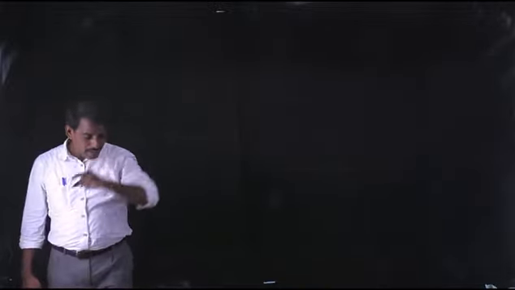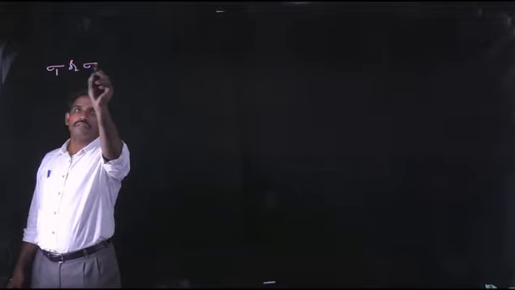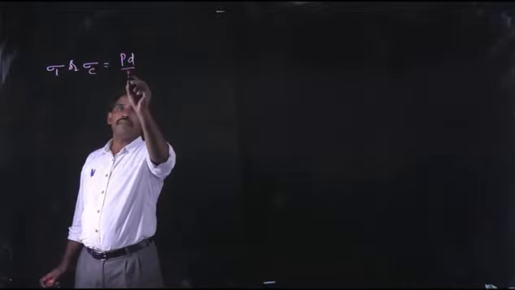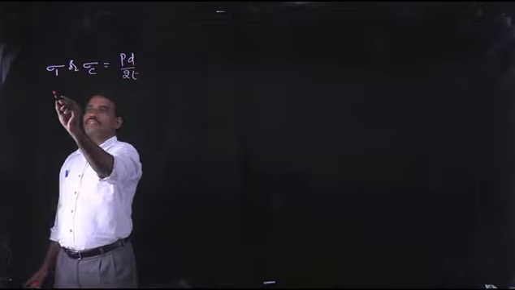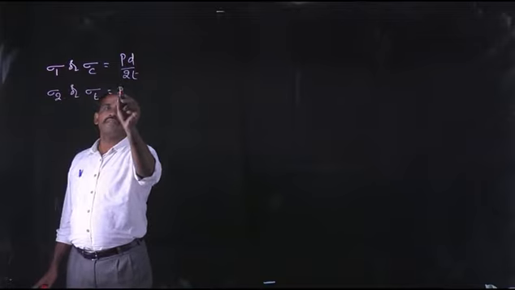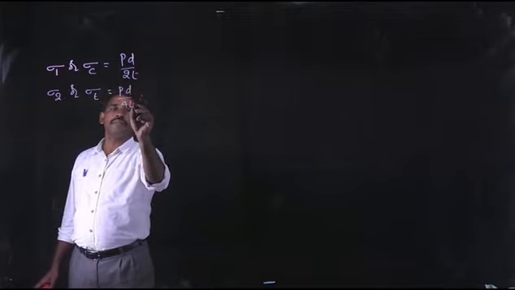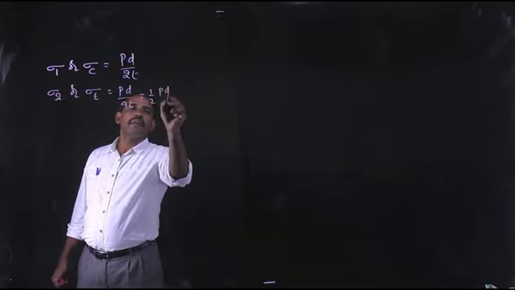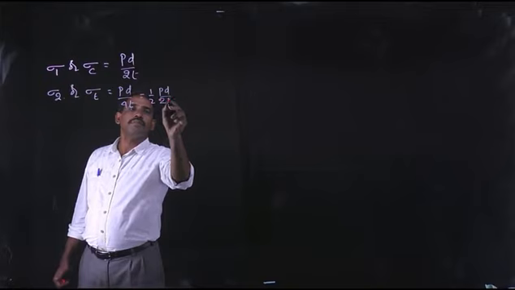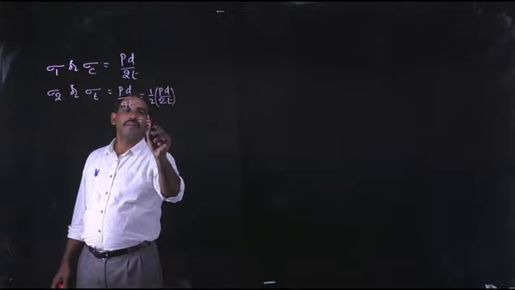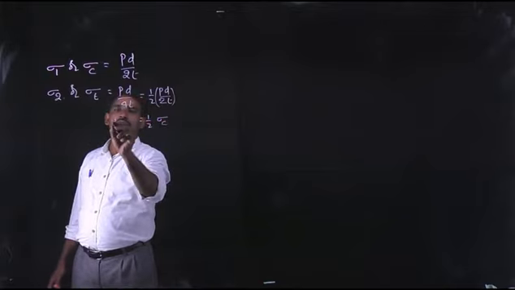So simply, the circumferential stress is represented as sigma 1 or sigma c, which is equal to PD by 2T. Then the longitudinal stress may be represented as sigma 2 or sigma T, that is equal to PD by 4T. This can be rewritten as half into PD by 2T. It is circumferential stress, so sigma T is equal to half into sigma C.